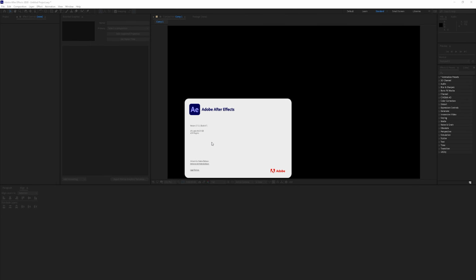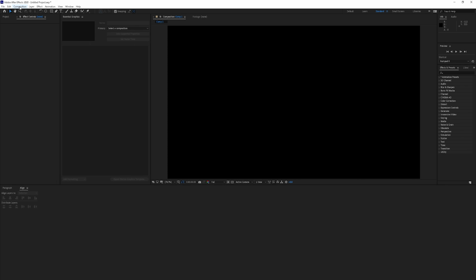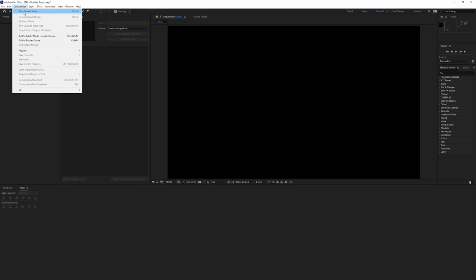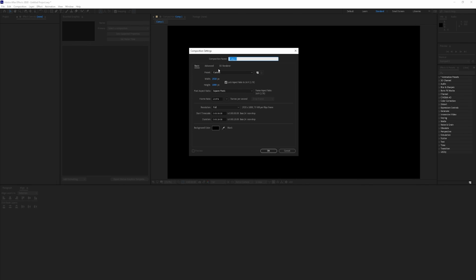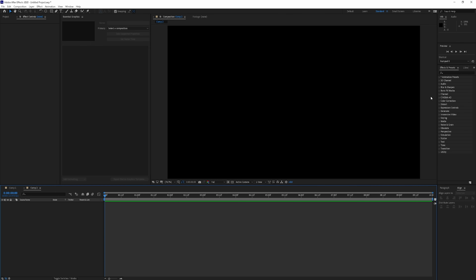This is version 17.5.1. And first we need a composition. So if you have a composition open, you can use yours, or I'm just going to create a new one. We're going to just do 1920 by 1080, 23.976 frames per second, and background color doesn't matter because we're going to change it anyways. So now that we have done this, we just need to add a